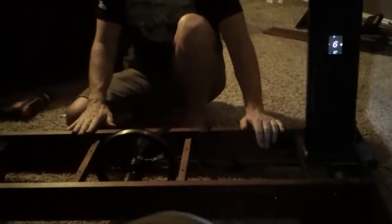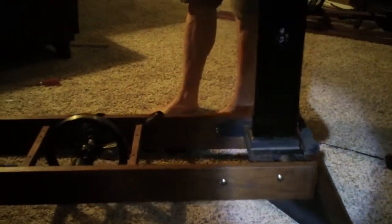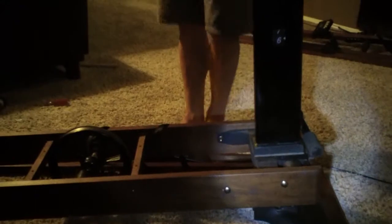So I'm gonna go. Okay, so as you can see now, this is fully assembled. You have this right here that lowers up and down. You just pull this lever and it raises up, or you pull it up and then it goes back down again. It doesn't matter which position you want it in. I just prefer to have it up a little bit so I can work on things a little bit